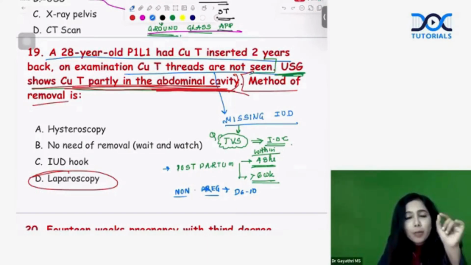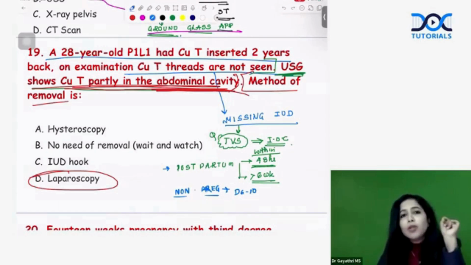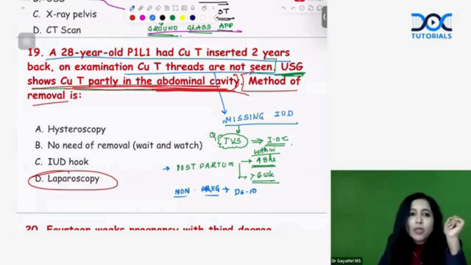The common scenario that comes is the patient became pregnant, she wants to continue, and you can see the thread. What will you do? If you see the thread, you have to remove it. Remove the IUCD and you continue with the